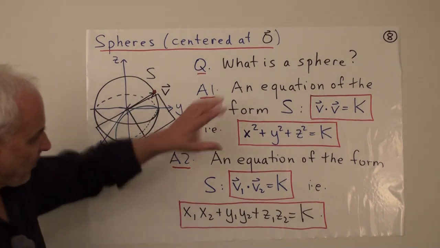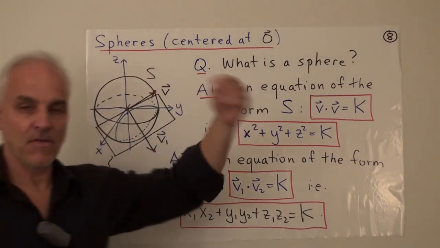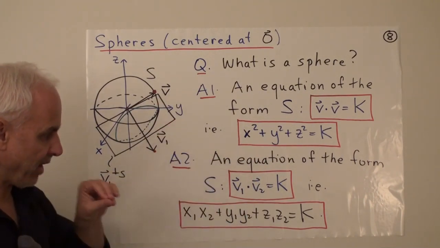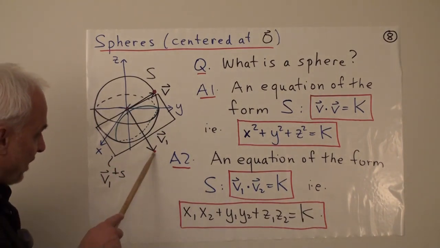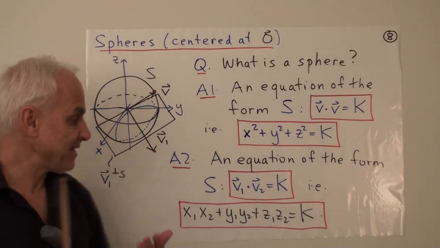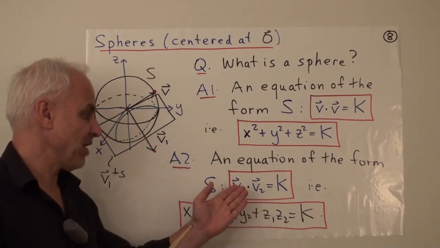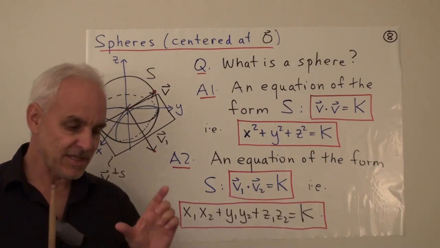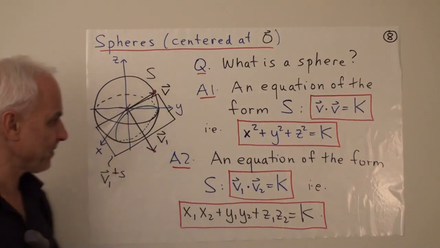So when we think about the sphere in this way, the only real question about a vector is, does it lie on the sphere or not? When we think about the equation this way, there's more to think about. Because if we take a vector v1, which is not lying on the sphere, we can still ask about all the vectors v2 which satisfy the equation v1 dot v2 equals k. We can still look for pairs of vectors v1, v2 that satisfy the equation.